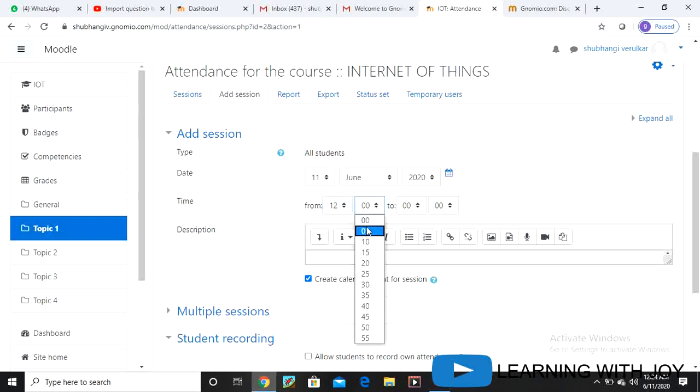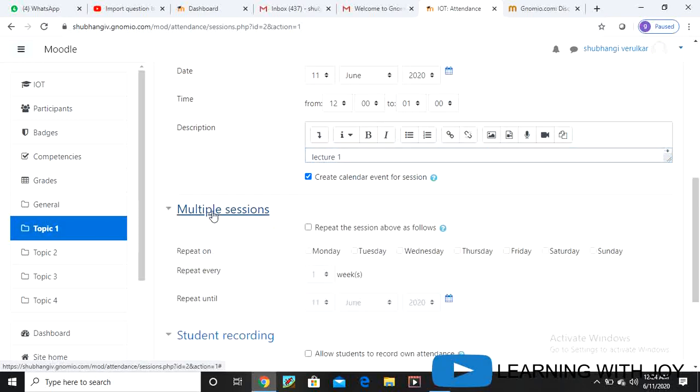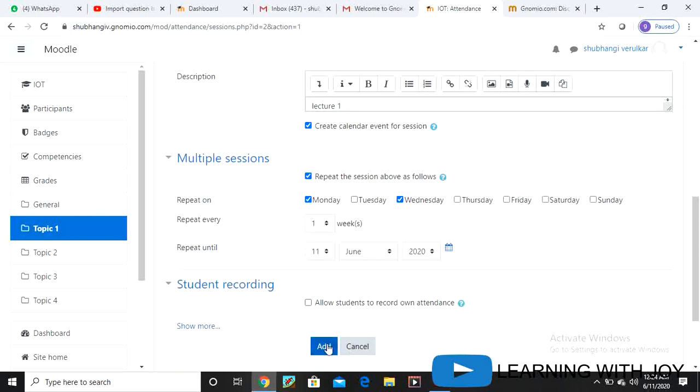Timing for this session, we want to mark attendance for lecture 1. Create event. If you want to create multiple sessions like this, the same lecture, if you are taking 11 June, and after that repeat, if you want to take a session on Monday and Wednesday, just click on it and add activity.